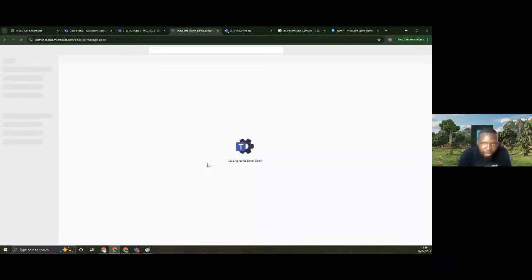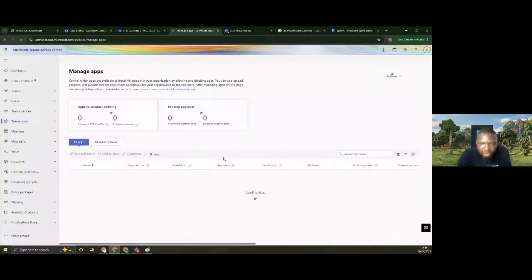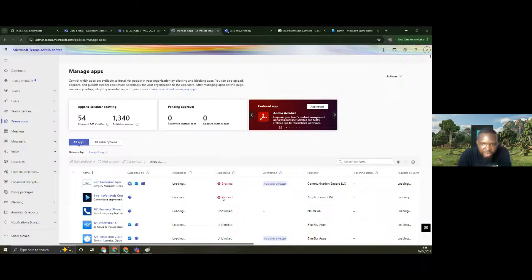But really, you can block applications that you do not want to allow, because there are a lot of applications that can be used either on Teams channel, on the one-on-one chats, during the course of your meetings. You can really have access to a lot of applications in an environment. Okay, that's taken already, it is blocked.